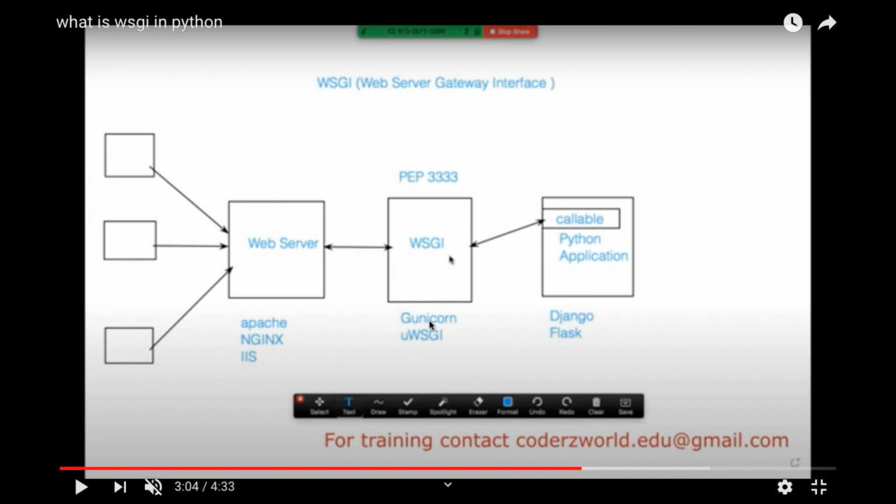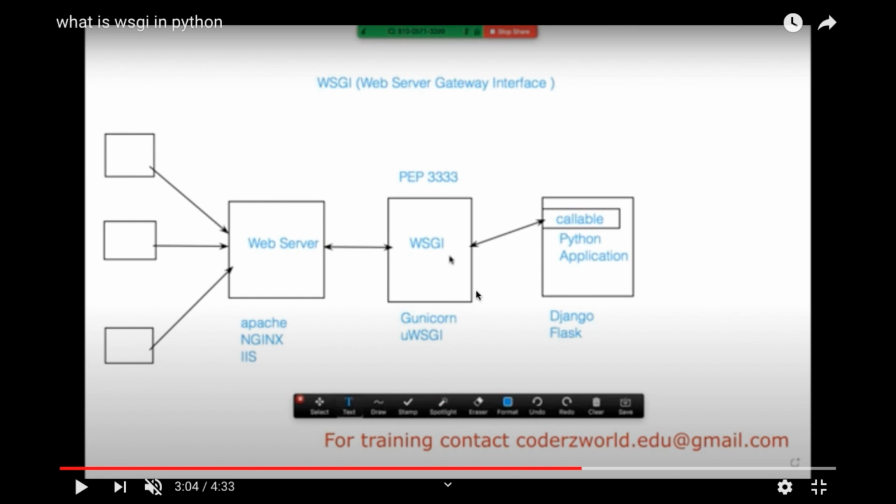Here I have opened one of my previous tutorials about the web server gateway interface. Here in our AWS instance we have installed a web server, that is Nginx, and we have a Python Django application. A web server like Nginx cannot directly communicate with a Python Django project.